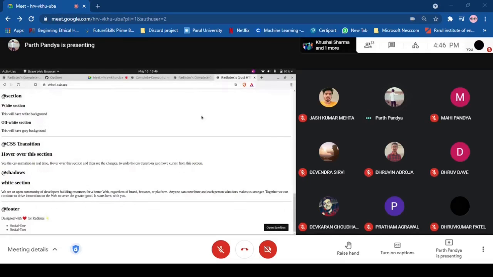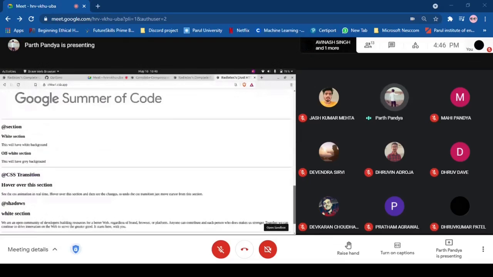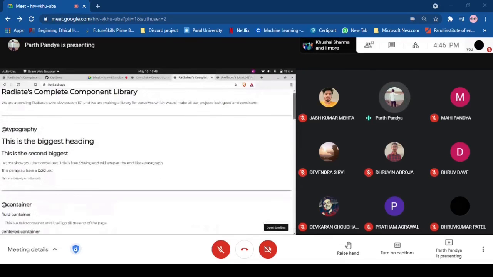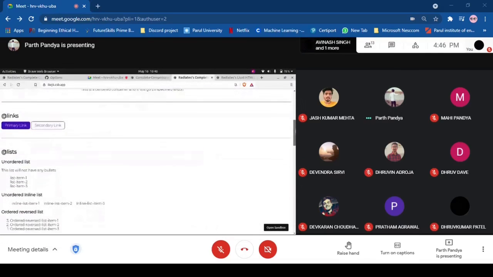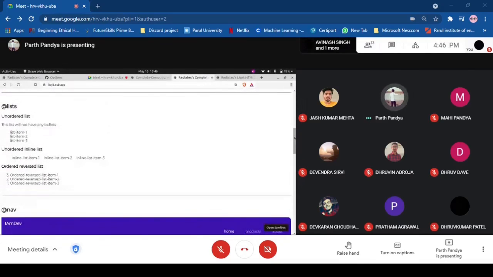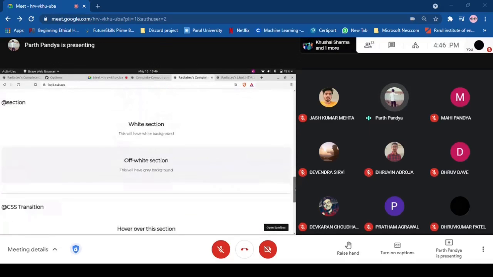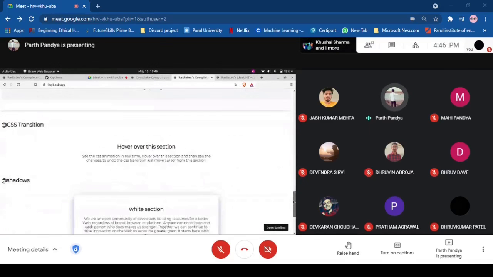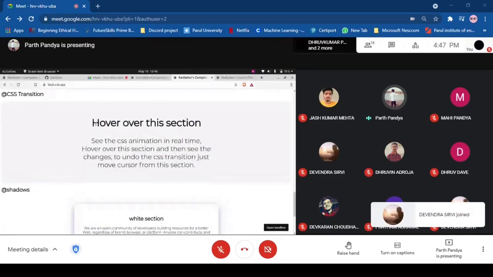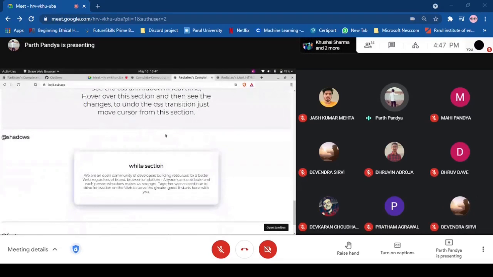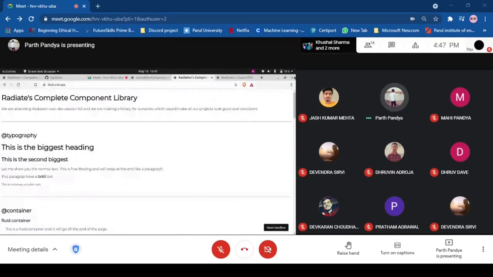All about styling. So yesterday we created this HTML component library, and today what we are going to do is to give this design, and we'll add some stylish fonts, colors, and we'll use images. We'll use some CSS properties to design this. We'll add these transitions too, like hovering the cursor, and it will grow the font size bigger and bigger. We'll also add the shadows, and we'll design the navigation bar too. So let's get started.